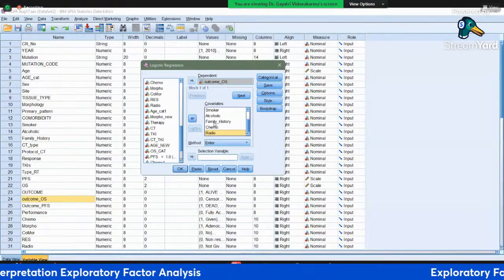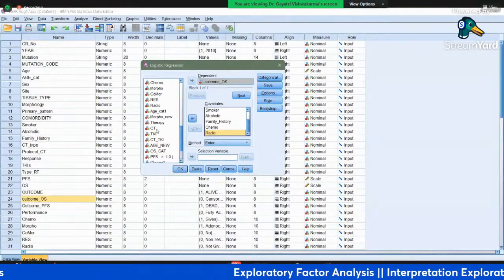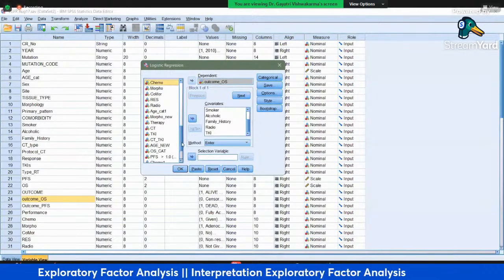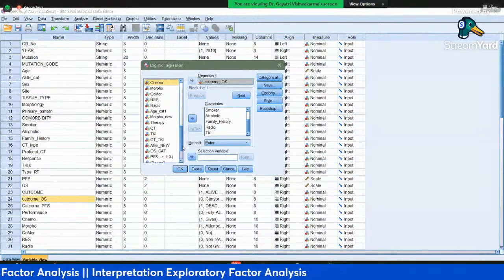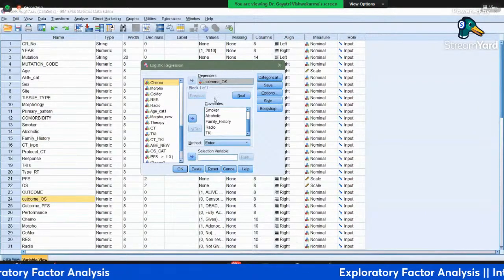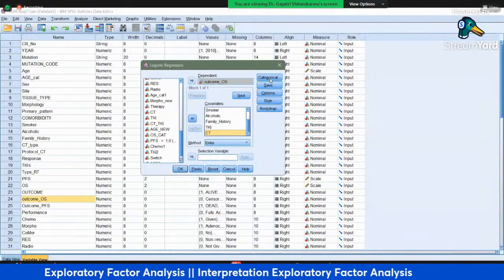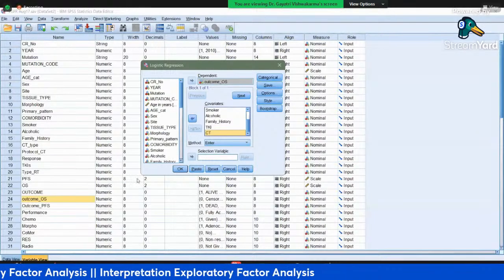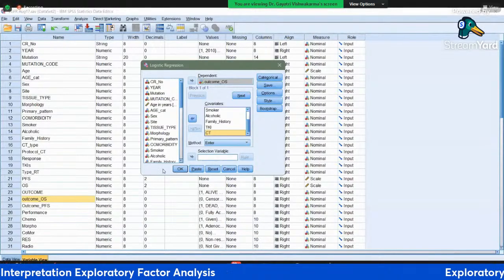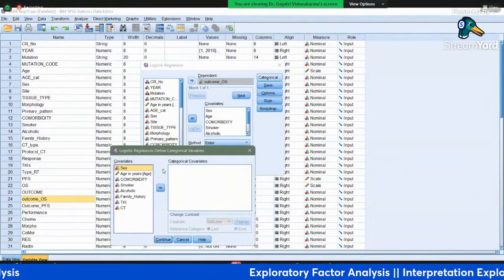So I think this chemo and radiation, as I remember, these are not a particular category, but this CT is chemotherapy and targeted therapy. So what are the factors which are affecting this? Okay. So let's put now here in the logistic regression, it is very important. If you have a categorical variable, you have to mention here. You have to mention it in the category. Otherwise, it is going to be considered as a continuous variable and your values will be different, which is not correct.